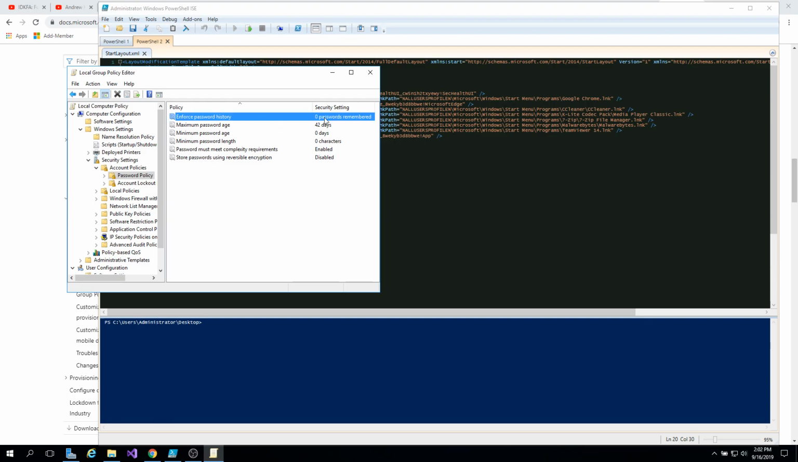Enforce password history. It says 0 passwords remembered, which means you could use the same password over and over, and it won't change anything. So if you have the same password for 30 days or 42 days, which is what this says here, after those 42 days it'll ask you to change the password, but only if this policy is enforced. I think by default the settings are rather relaxed, but they have to be tightened enough. I don't know. This is a security operating